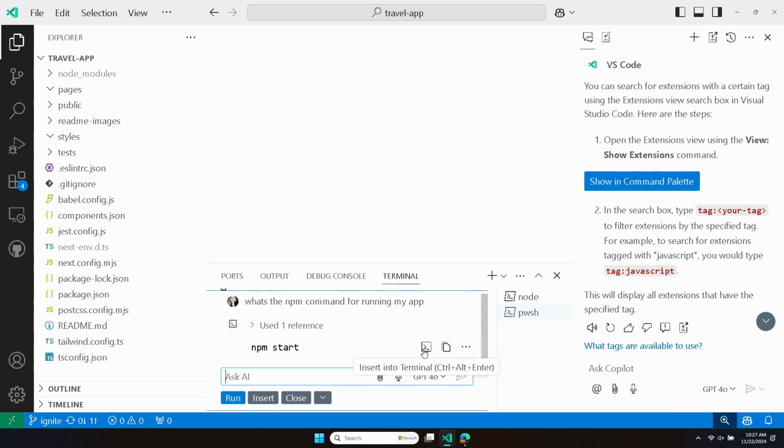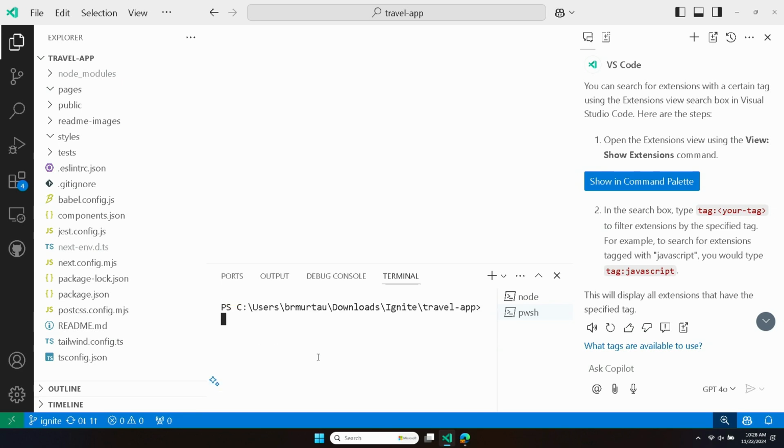Makes sense. And I could insert it into the terminal, I could copy the command, or I could even press run, so that Copilot would insert and run it for me. If I want to do follow-ups, I could also follow up with Copilot here, and I could say, I want to run in dev mode. And then it should be able to pick up on the original thing I asked and qualify that question and say, okay, that would be npm run dev.